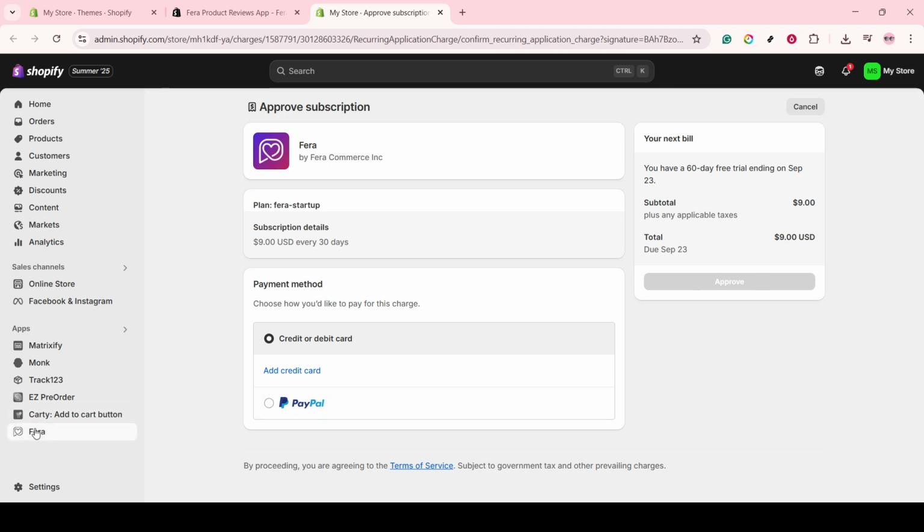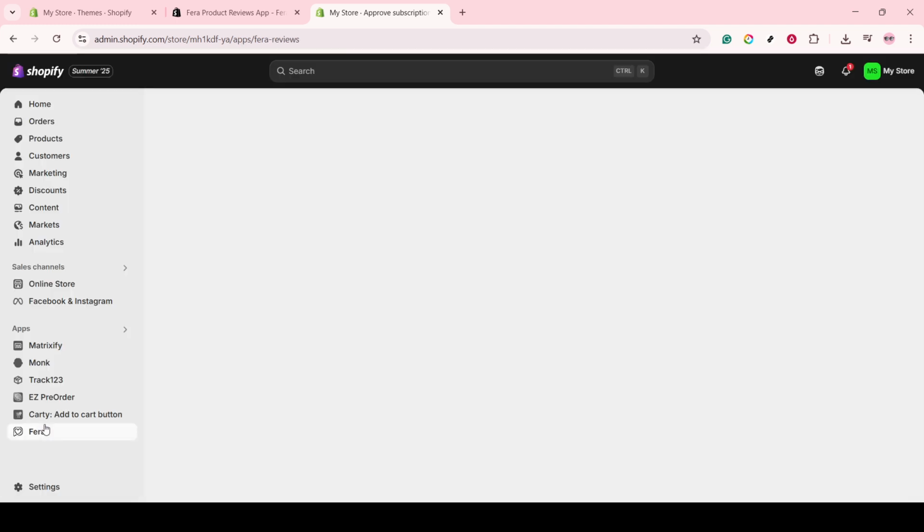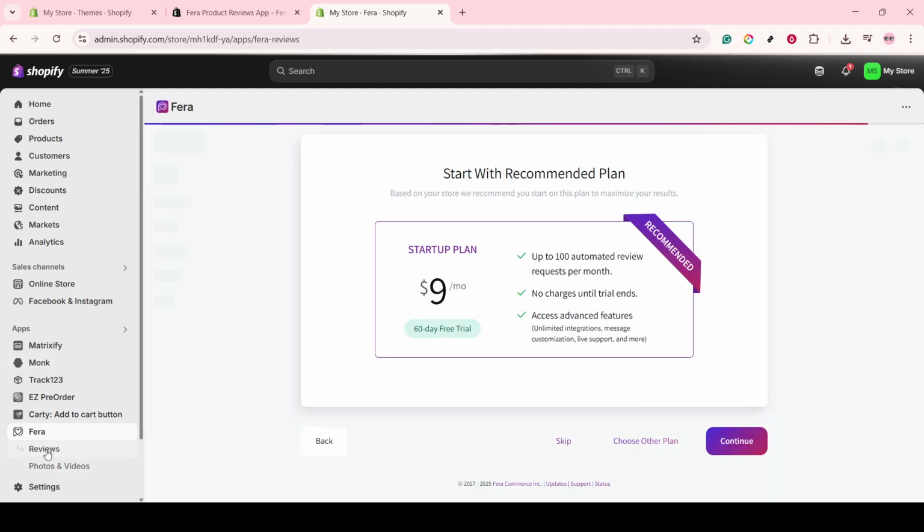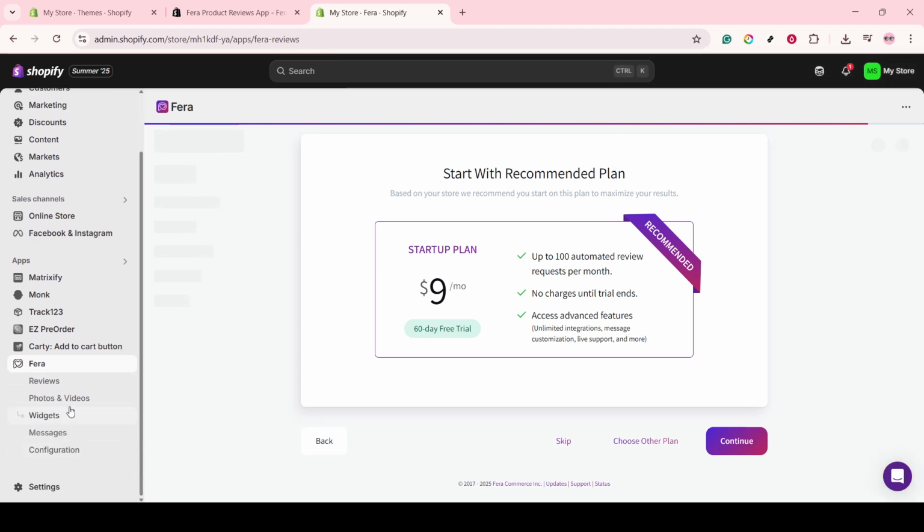In the Farah app dashboard, you'll notice an option to add a review. Click on that, and you'll be presented with several choices. You have the flexibility to import existing reviews, craft new ones, or even reach out directly to your customers to request reviews. This versatility is one of Farah's key strengths, allowing you to engage with your customers in a variety